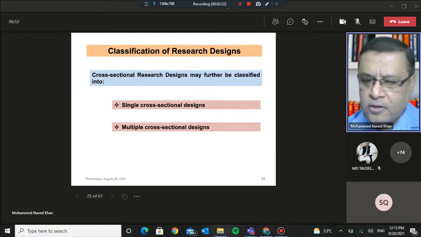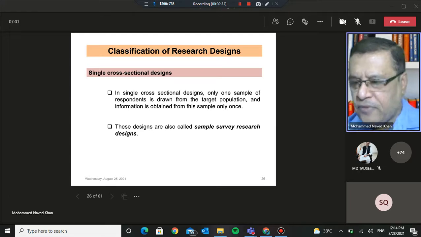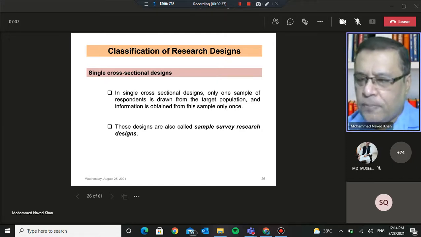Then we discussed single cross-sectional designs and multiple cross-sectional designs. In single cross-sectional designs, if you recall, only one sample of respondents is chosen from the population which is of interest, which in our case is referred to right now as the target population. And once we obtain the information, our relationship with that sample ends there.